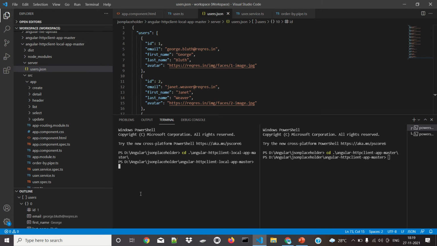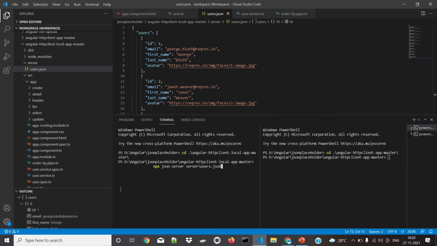For the backend, we first have to identify where the server is present and what file is inside it. We need to use npx json-server and the folder name server slash users.json.